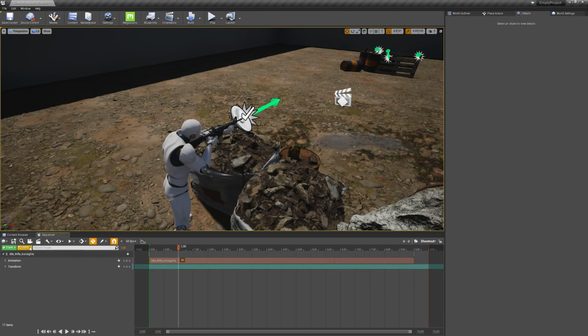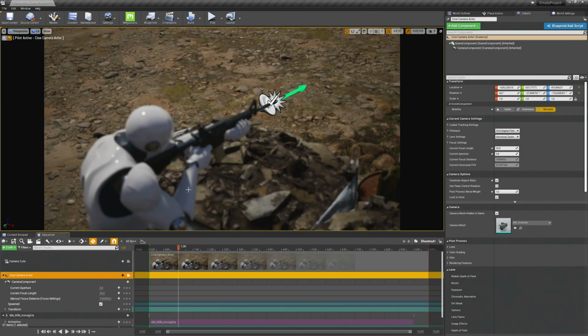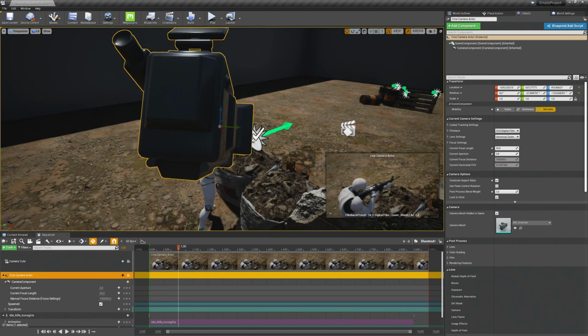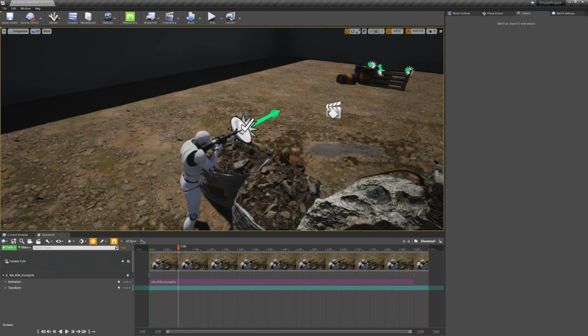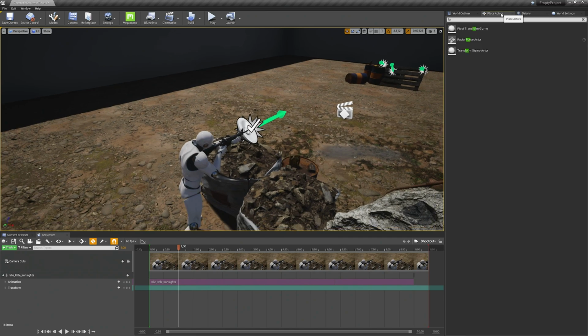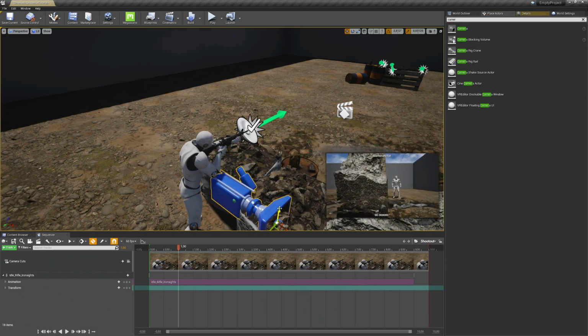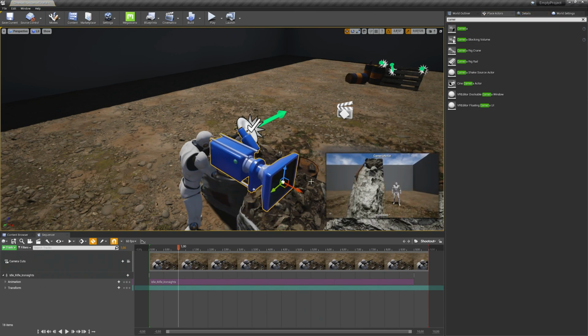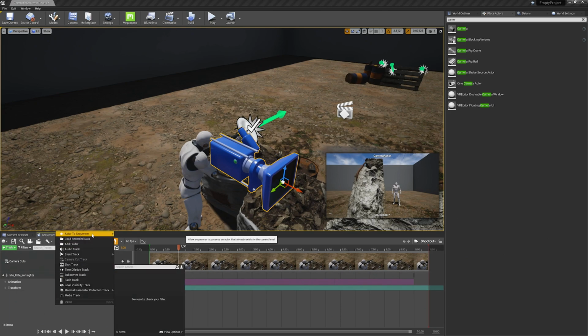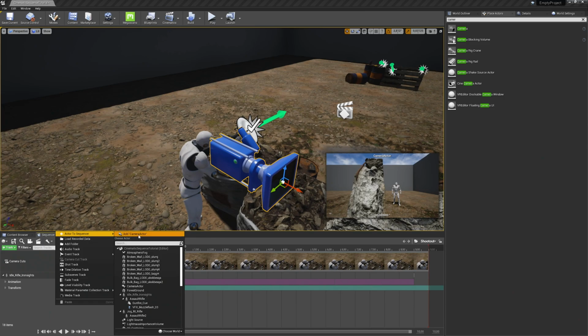You can do it either by clicking on this icon here to add a cinematic camera, but I don't like working with the cinematic camera that much, so I delete it here and I will work with the normal camera. So I will place another actor here, type in camera, drag and drop it in your scene, and then when you have selected the camera, right click in your sequencer, add to sequencer and add camera actor.